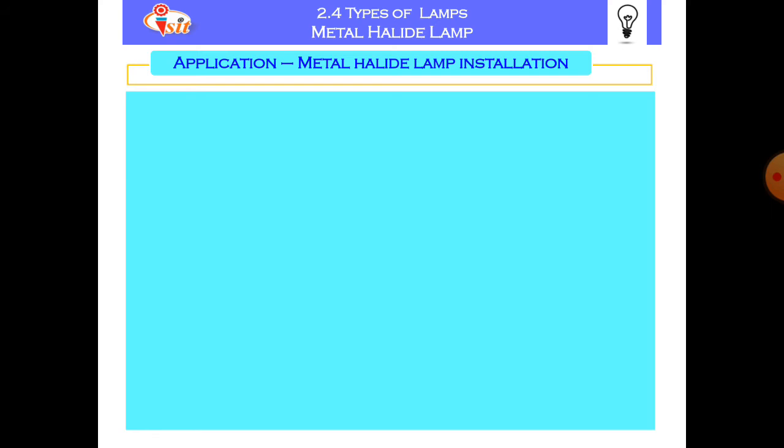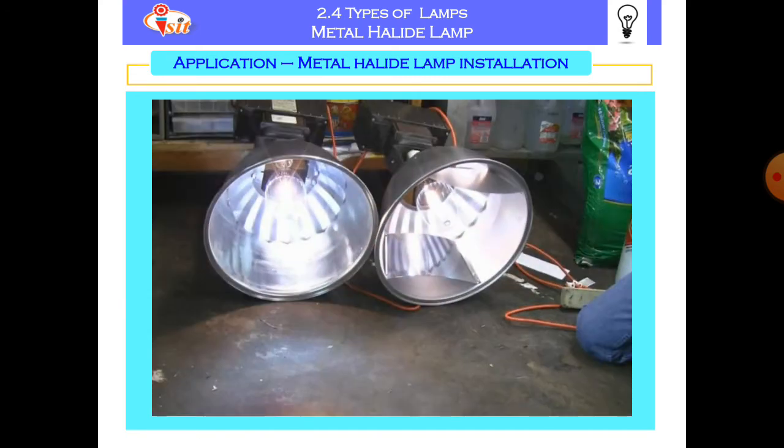This metal halide lamp is used for various applications, like where high intensity is required and where natural light or a daylight effect is required. So the first application for the metal halide lamp is this metal halide lamp installation.